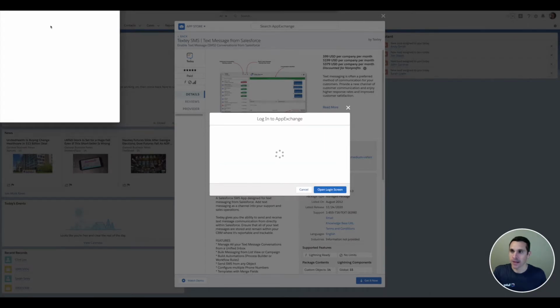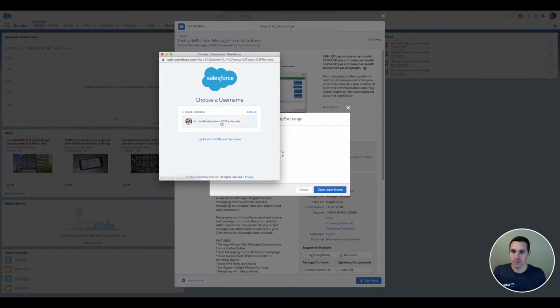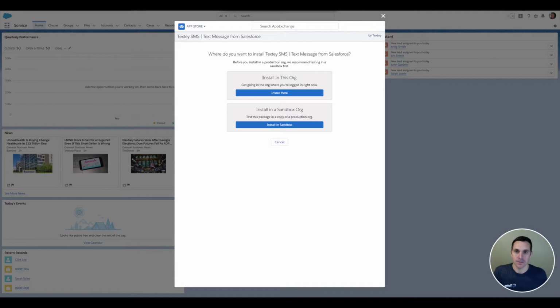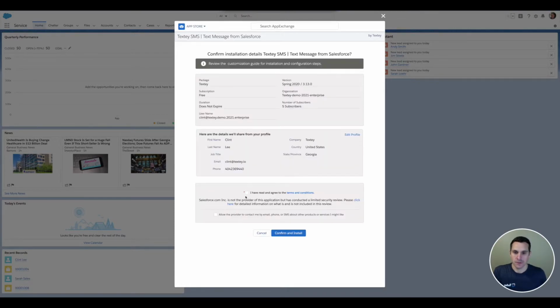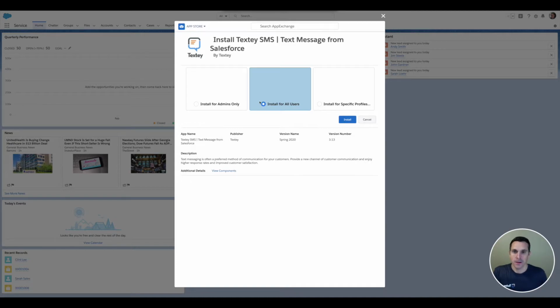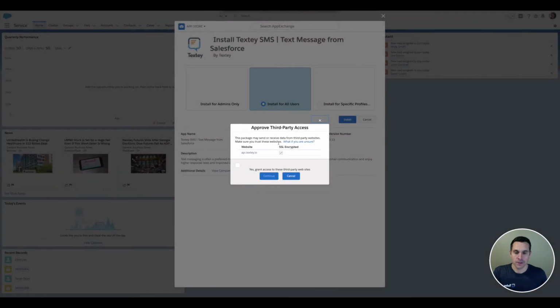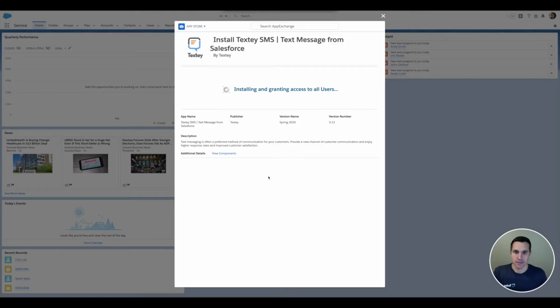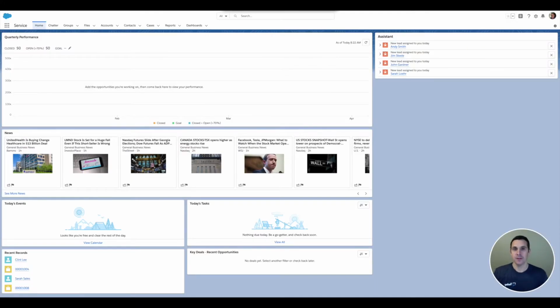This is going to ask me to log in. And once logged in, I'll click Install in this org because I'm installing directly to production. And I'll choose Install for all users. Click Install. You need to approve access for the Texty API. Click Continue. Okay, it took a few minutes, but I did receive the email that told me the app was